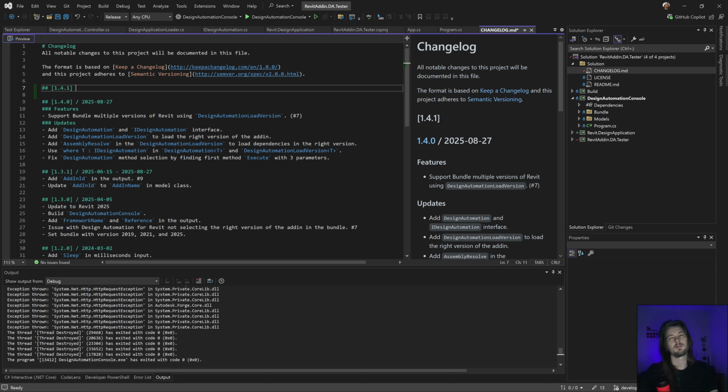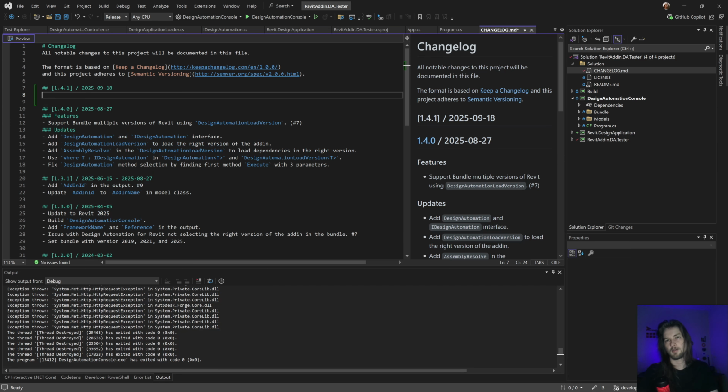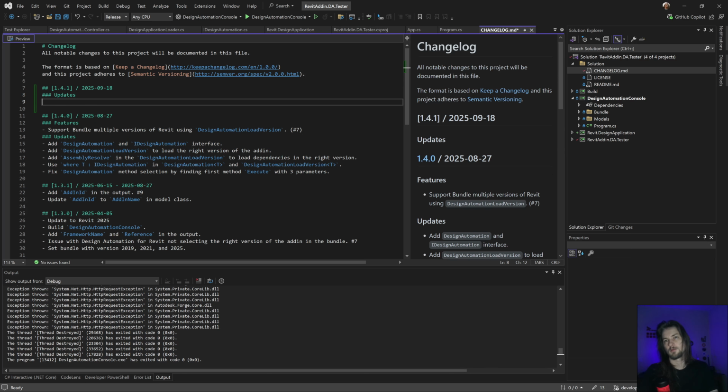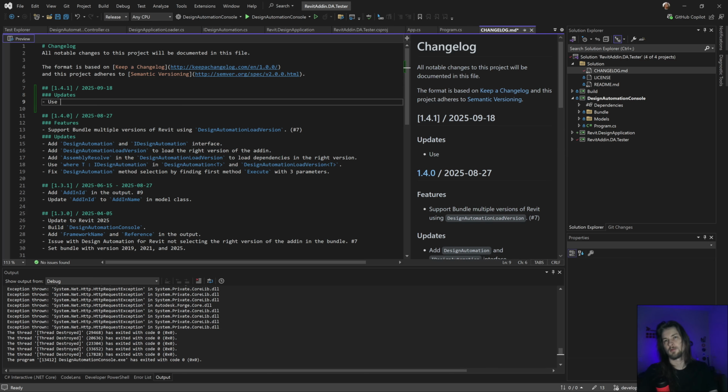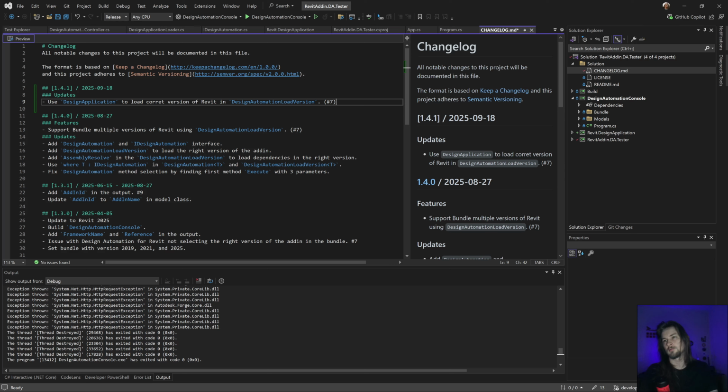Update: use design application to load the correct version in this version of Revit.